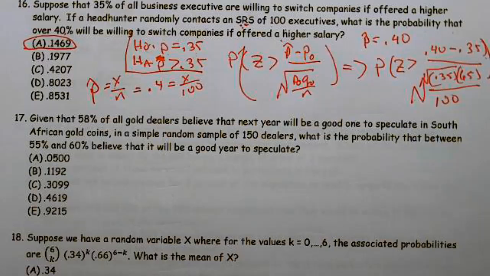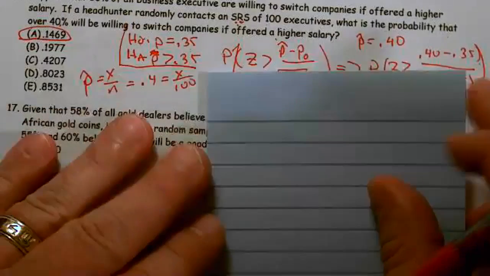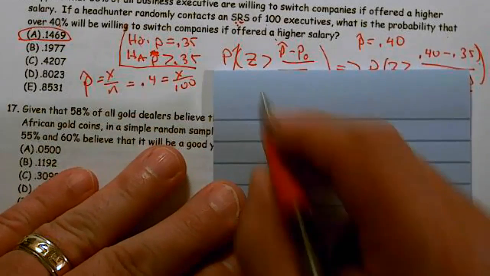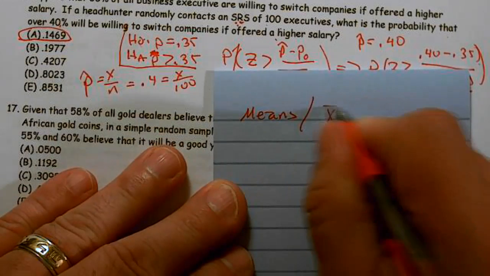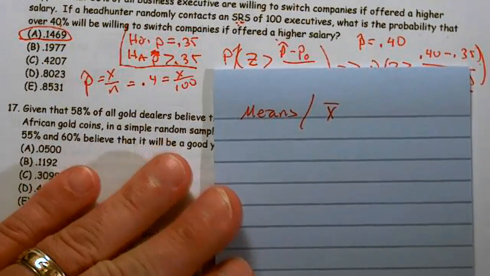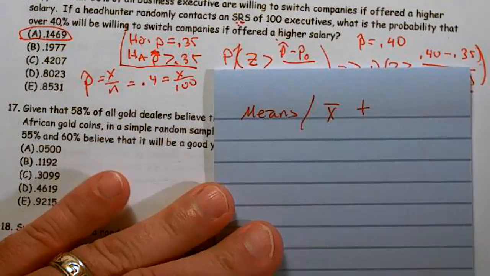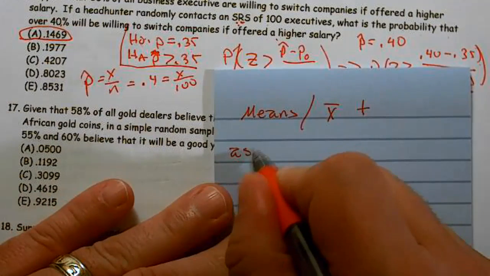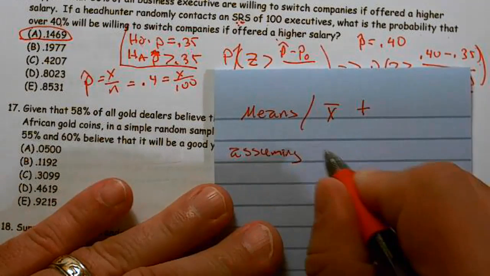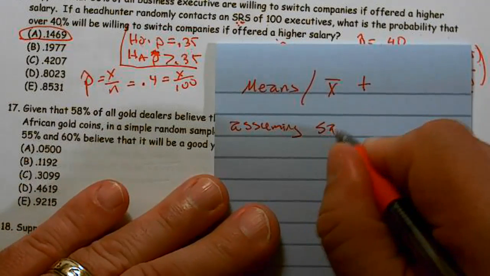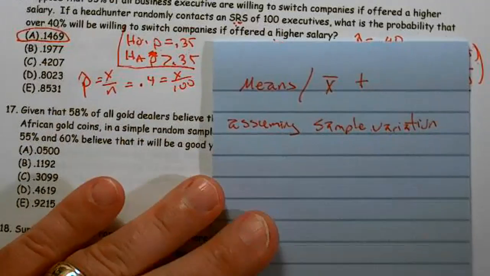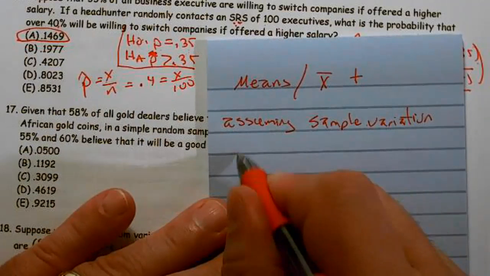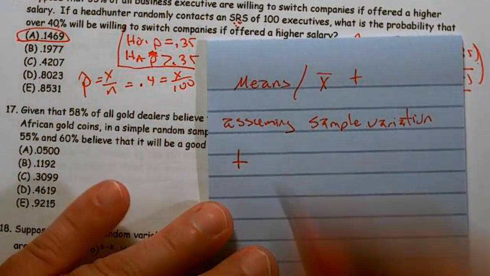So when are we using a T? Specifically, we're working with a T if we're working with means, or X bars, assuming we're using the sample variation or sample standard deviation. So a T, regardless of whether it's a one sample or a two sample,